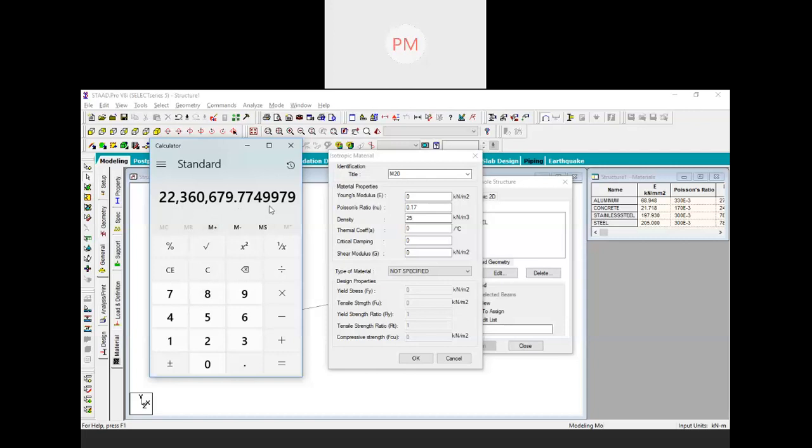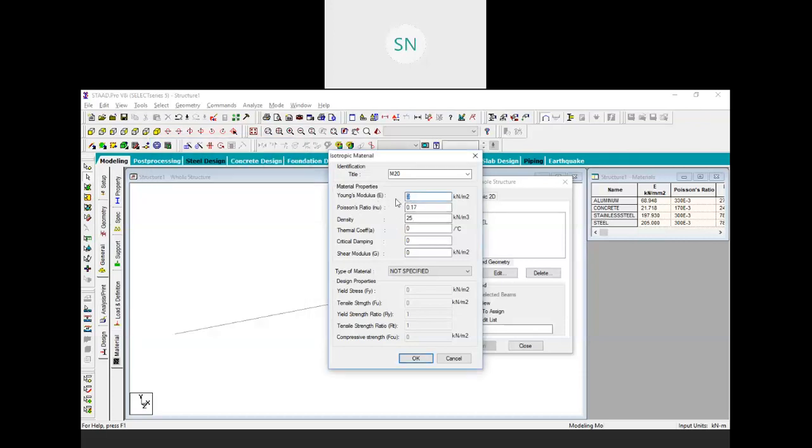So we have converted our Newton per mm square answer into kilonewton per meter square because we need to enter over here kilonewton per meter square. So now you can enter this value over here. How many digits we have? 1, 2, 3, 4, 5, 6, 7 and 8 digits we have. So you can enter over here 2.23e+7, right?